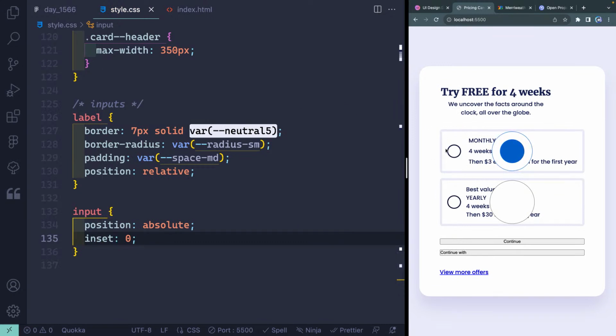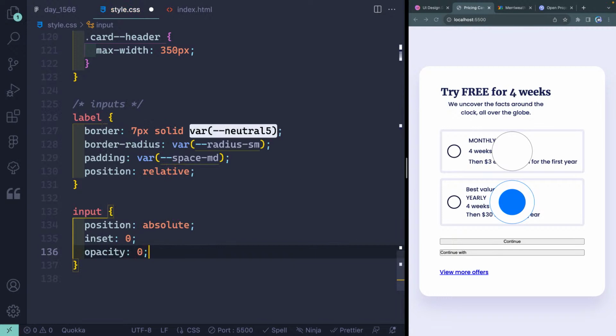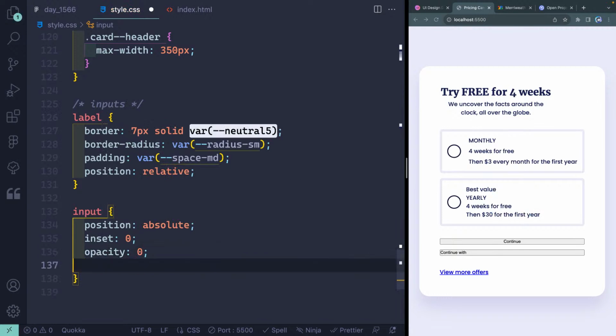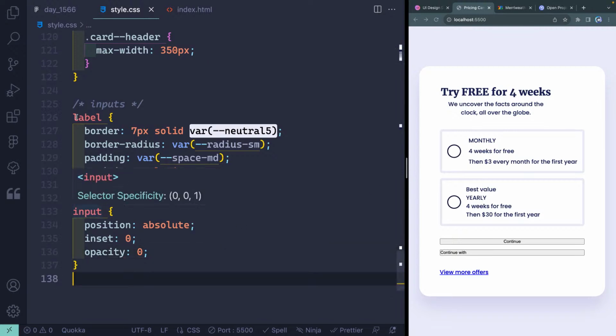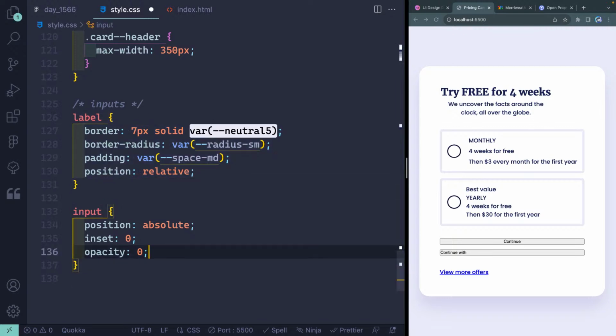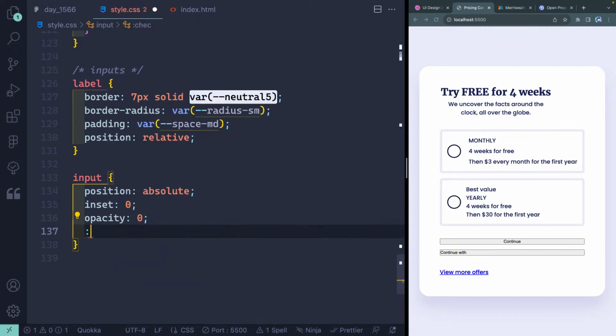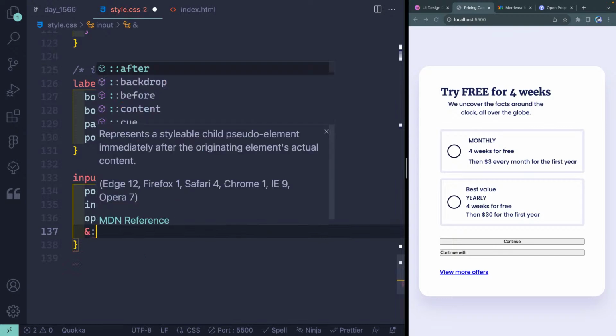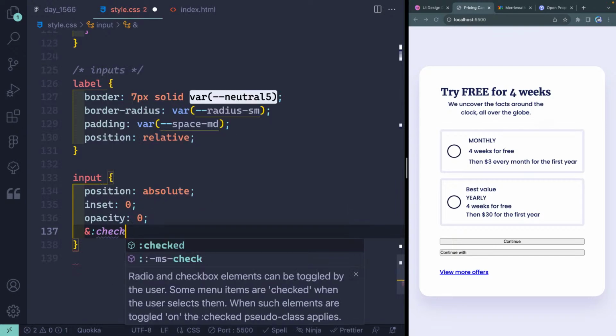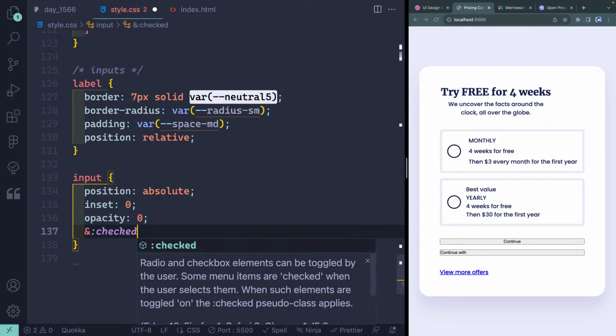So anytime I click anything in here, it should switch between these two. So now we can take the opacity to 0 and just hide it like that. There's other ways you can change that too. But what I want to do is now decide if this thing has been checked to actually change the border on here. And I think we'll just use the has selector. Since we're already doing nesting anyhow, we'll just say if it's been checked, which I have to do in native CSS here. If it has the checked status, then